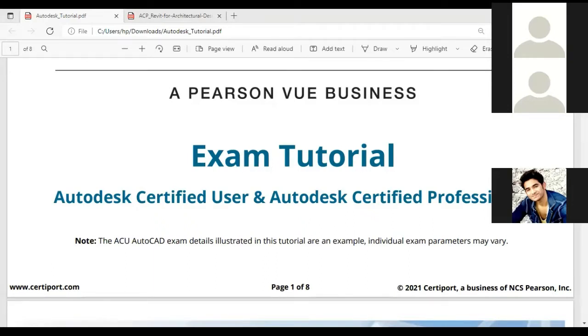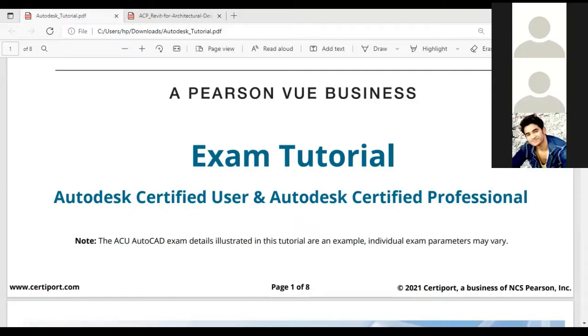this ACP certification is designed for candidates who have advanced skills and can solve complex challenges in workflow and designs. This type of experience typically comes from working experience, or if you know the software very well for at least 1 or 2 years, then you can do this exam.